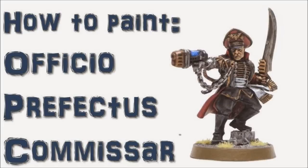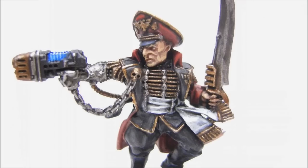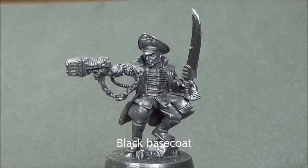Alright, welcome to another painting tutorial. This one, we'll look at the Commissar for Astra Militarum, whatever they are called now. Basically Imperial Guard. So here's the guy base coated in black spray paint and touched up a little bit with